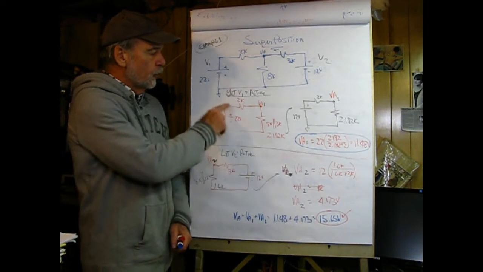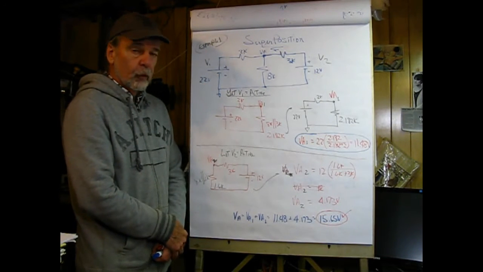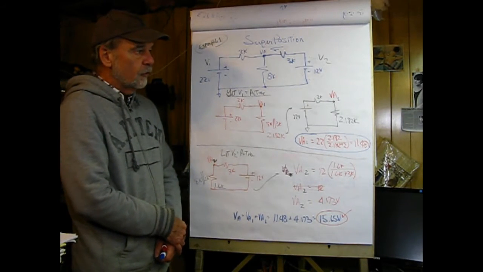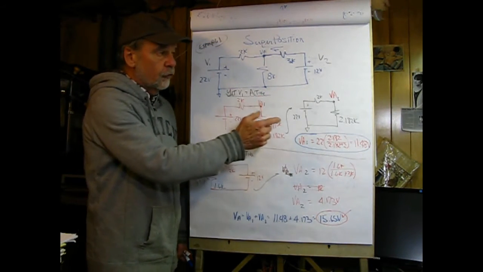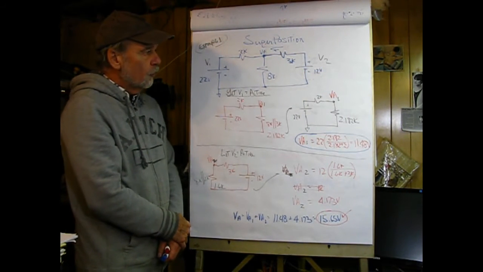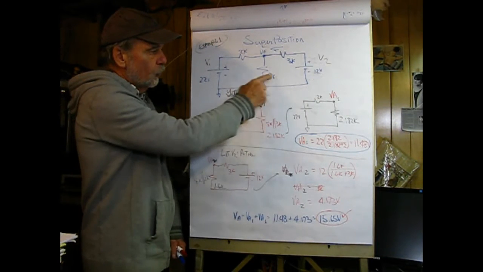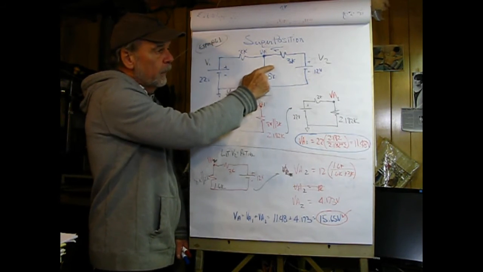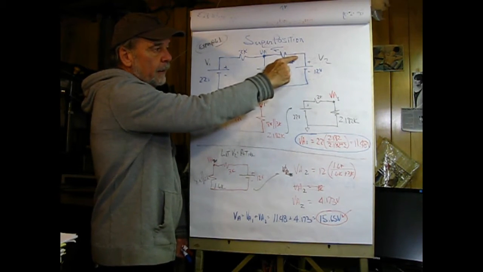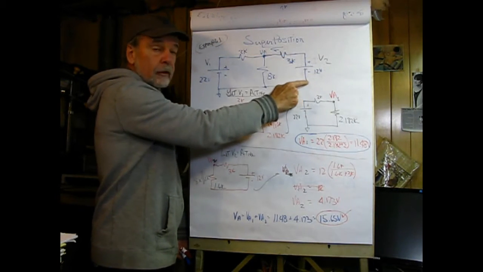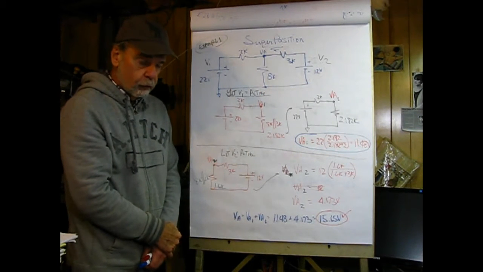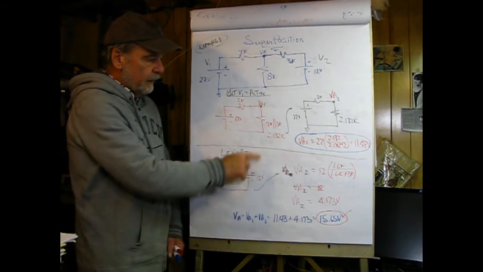What I'm going to do first is let V1 be active, and I'm going to remove V2 from the circuit and replace it by its internal impedance. Since it's a voltage source, its internal impedance is 0 ohms, and I've indicated that by a dot going around the source. Looking into this, we have 8K in parallel with 3K. In parallel because the top of the 8K connects to the side of the 3K, and then the right side of the 3K connects through the short circuit, if you will, of the voltage source to the bottom of the 8K. So those resistors are in fact in parallel,